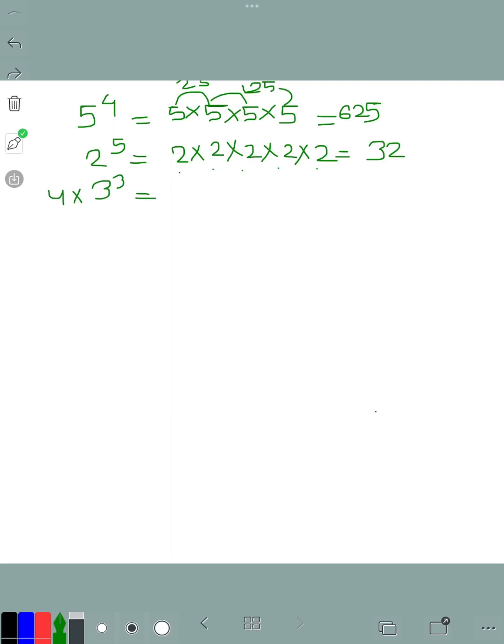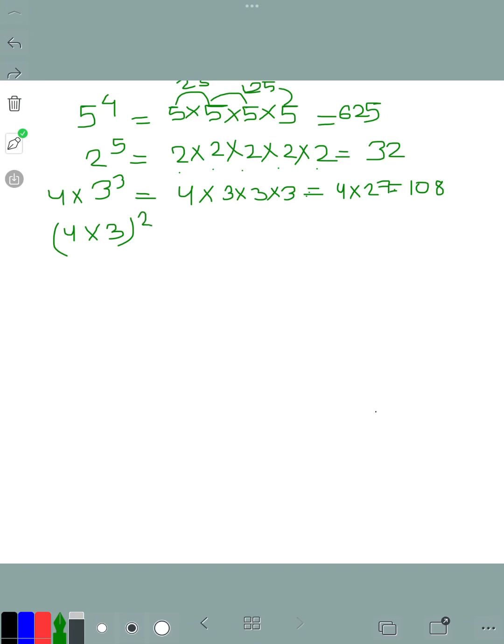So 4 into 3 to the power 3, that means 4 into 3, we will multiply 3 three times, right. 4 into 3 into 3 into 3, so by multiplying 4 into 27, because 3 to the power 3 is equal to 27, we get 4 into 27 as 108. Okay, clear? Now moving further, again we see that